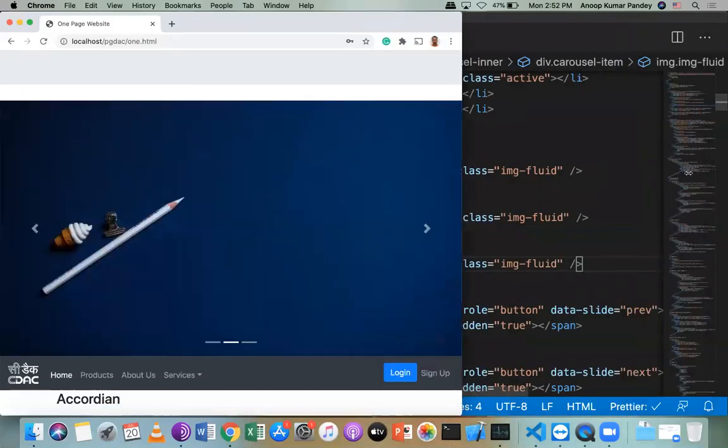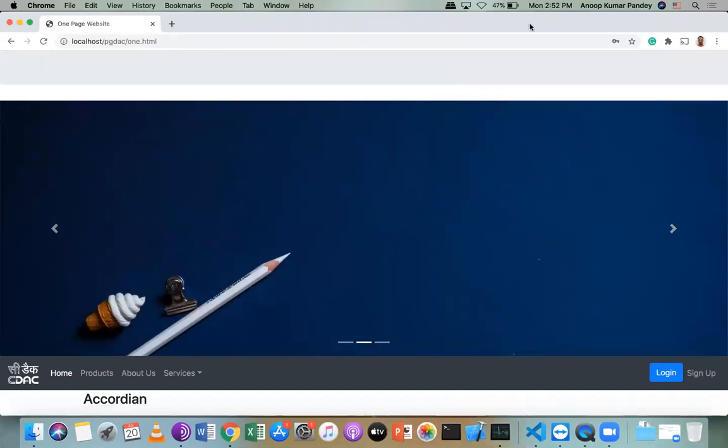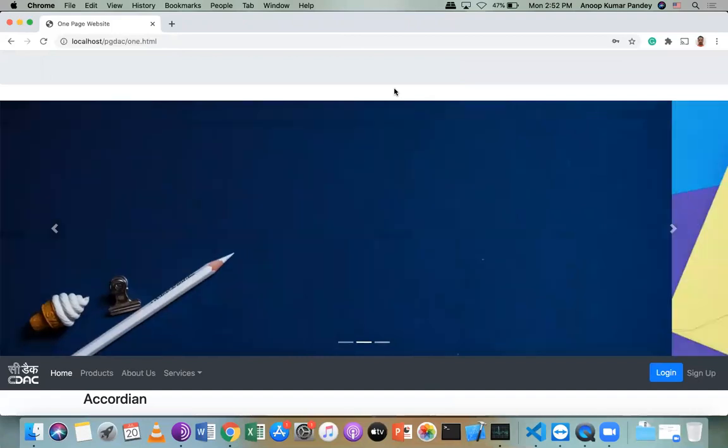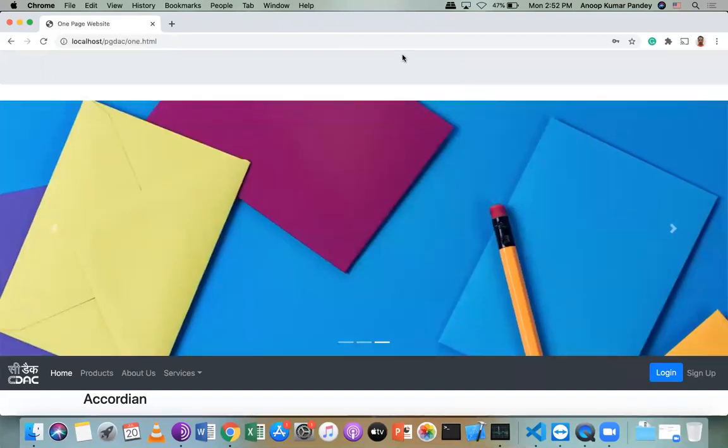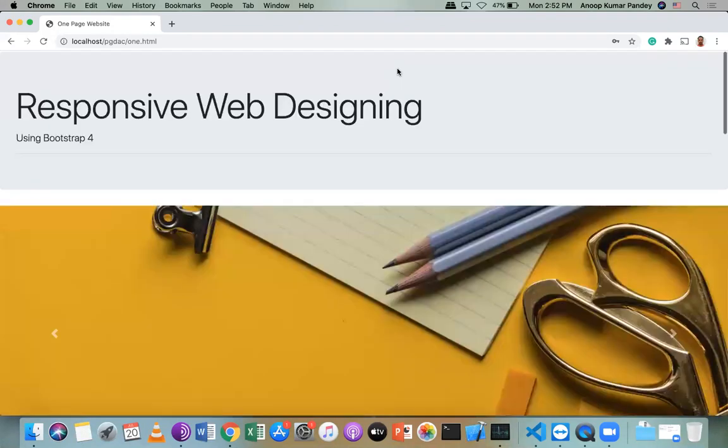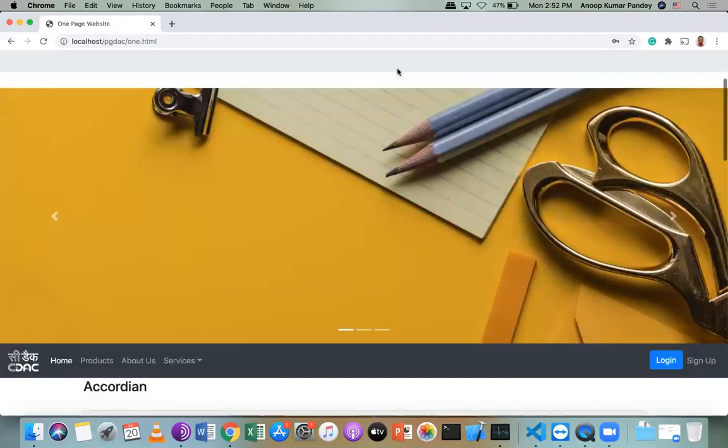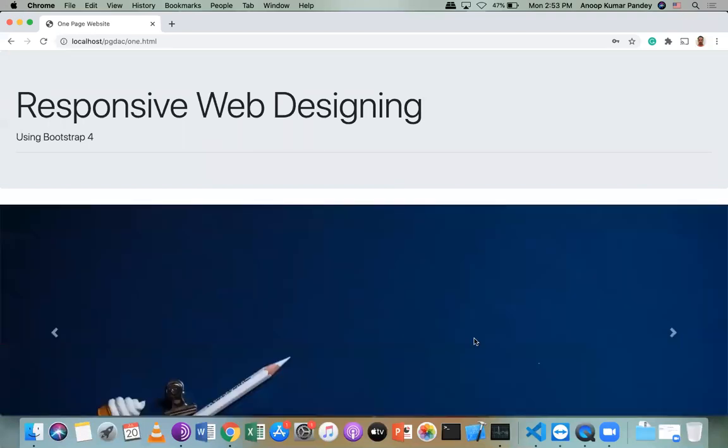So this is a fluid image. Earlier there was a class in Bootstrap 3, img-responsive. Now it is img-fluid. Now, so these two are done. Next one was